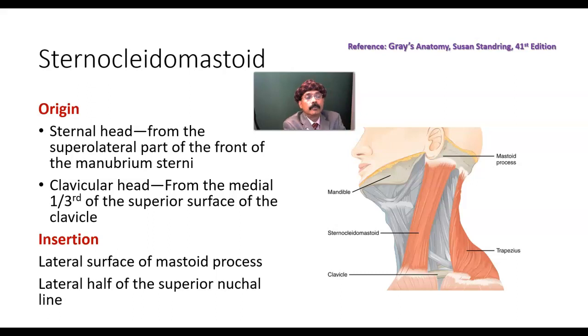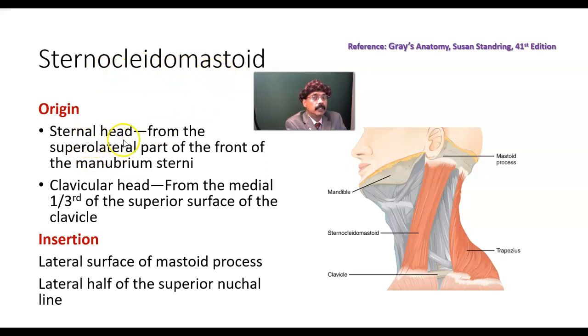Today I will discuss the anatomy of the sternocleidomastoid muscle. The sternocleidomastoid muscle is a large, superficial muscle, and it divides the neck region into the anterior triangle and the posterior triangle. It originates from the sternum and clavicle and inserts to the mastoid process. So it is called